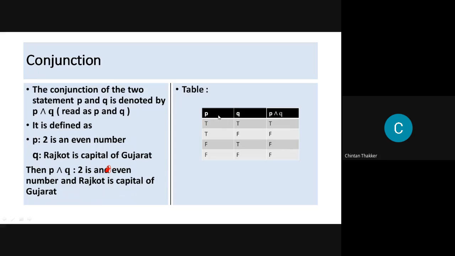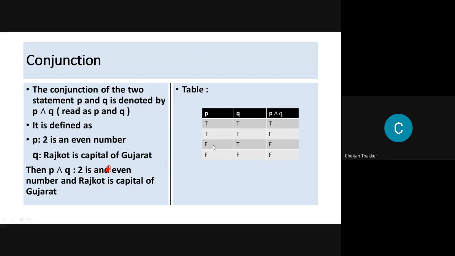this way. Here we have two statements, and each statement has two values. P has two values, Q has two values. So we have four combinations of these two statements. The first combination is both true. The second is P true, Q false.